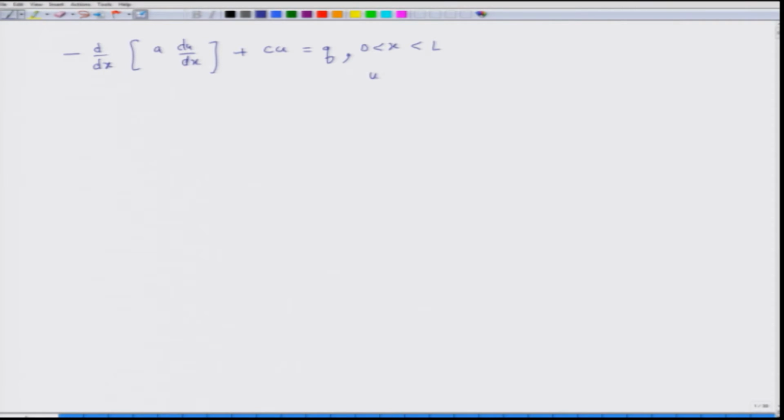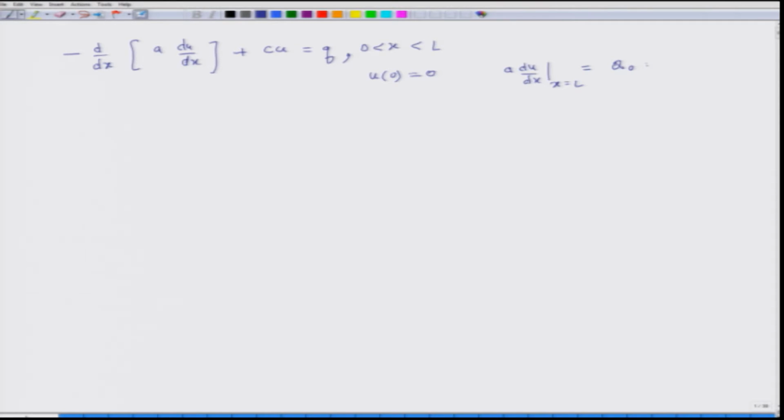The first boundary condition is u at x equal to 0 is 0, and the second boundary condition is that a times du over dx at x equals L is some constant, and let us call this q